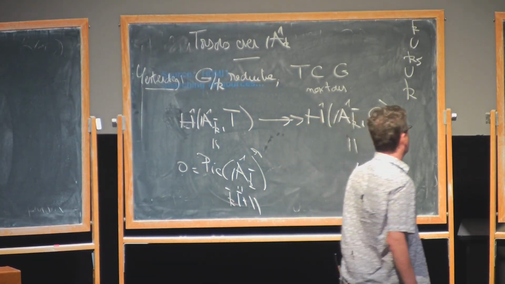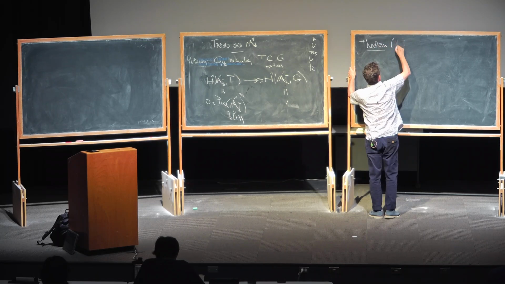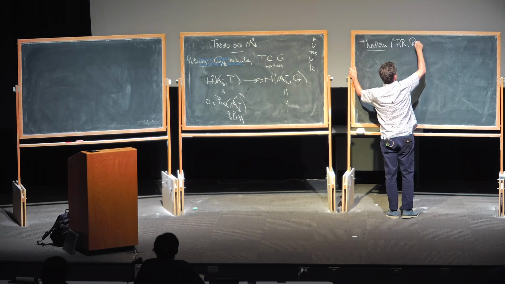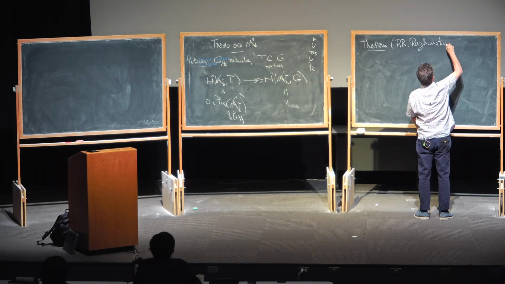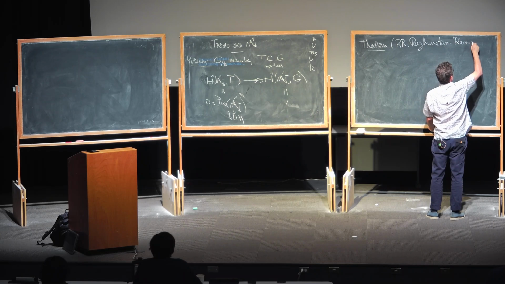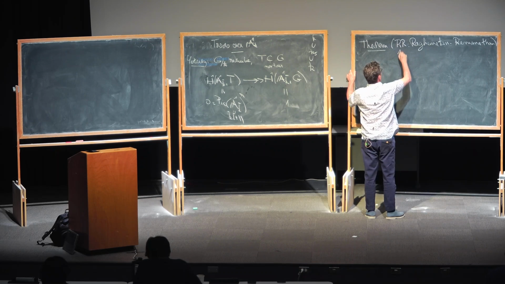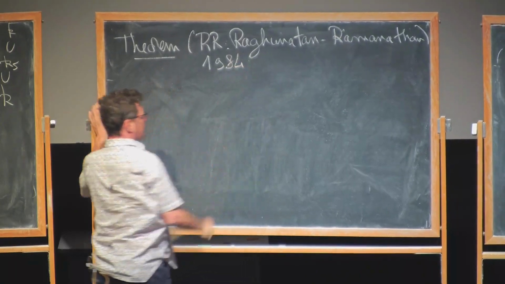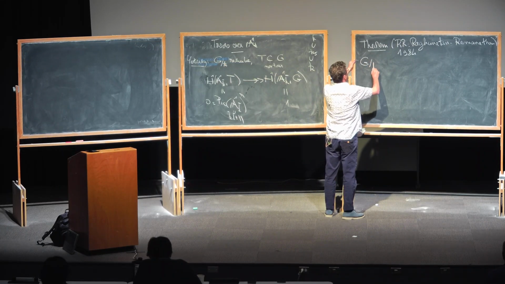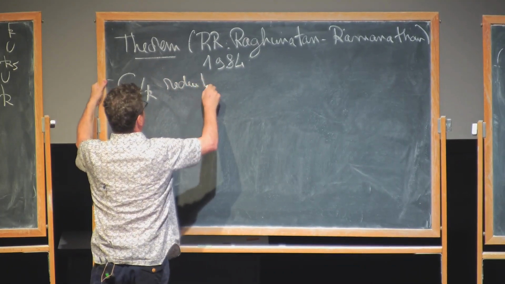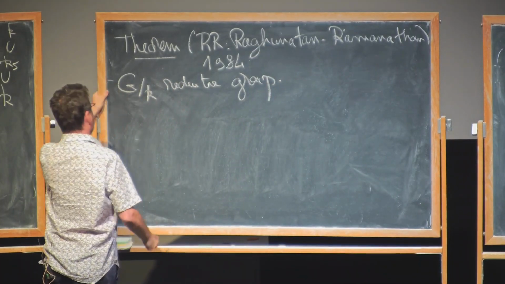Okay, so the theorem we shall call R, like Raghunathan-Ramanathan. This result is exactly 40 years old, okay? It's from 1984. And we take G over K, a reductive group. So I said yesterday what I mean by that, okay? Then